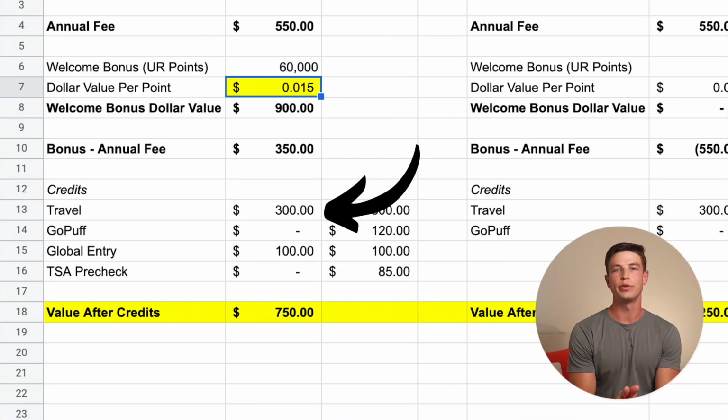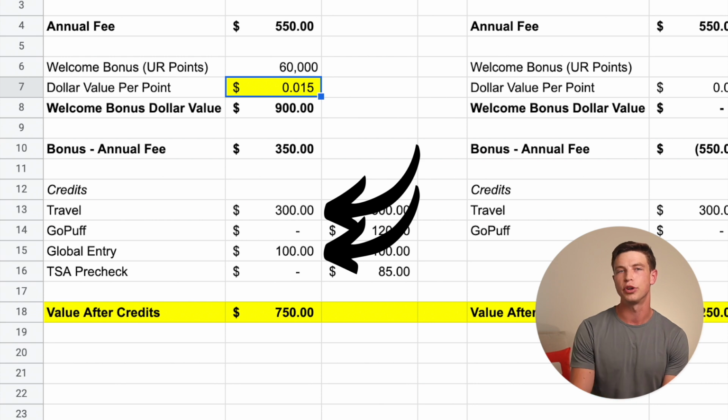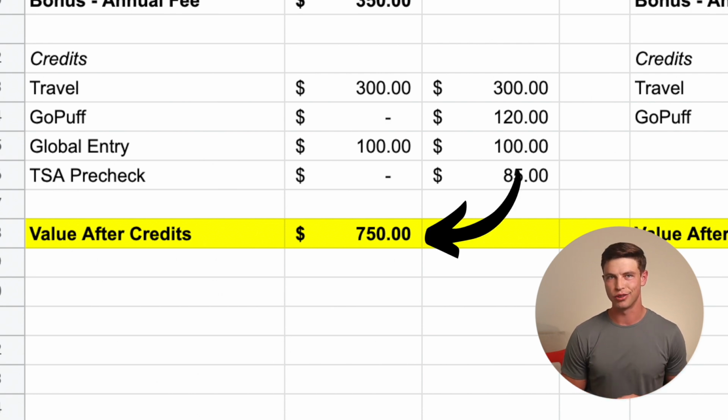Now we can value that travel credit at the full $300, since most people are going to be able to spend that much on broad travel expenses over the course of 1 year. Plus we'll also add in $100 in value for a Global Entry credit, because you're also getting reimbursed for that or the application fee to TSA PreCheck on the Sapphire Reserve as well. So all of that brings the potential value in year one to a total of $750 that you're effectively being paid by Chase. And again, that all depends on how you view these things, so your mileage may vary,